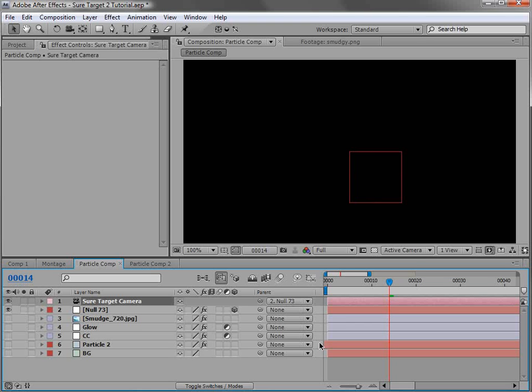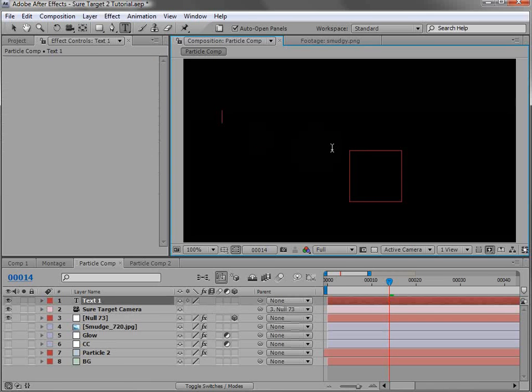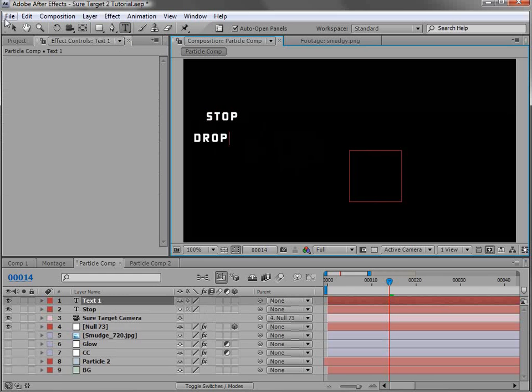And the next thing we need to do is create some targets. Now we're going to use text layers, but you can use anything. You could use null objects if it's just motion graphics, but we'll just go ahead, take the text tool, and we'll just click in the composition. We'll just type stop, and we'll add another text, drop,